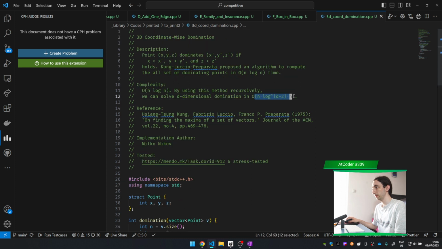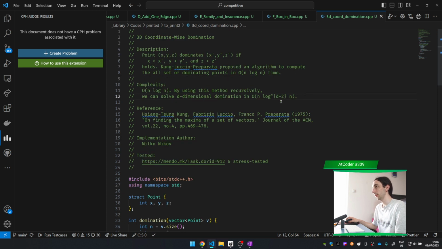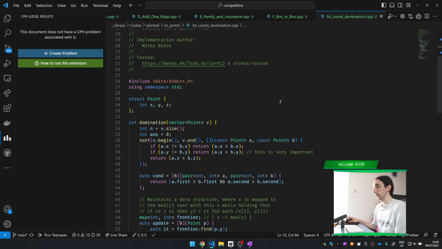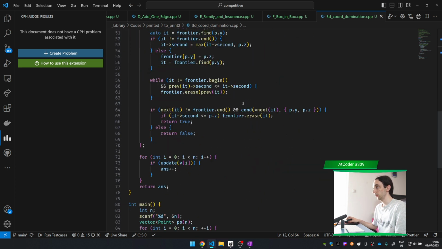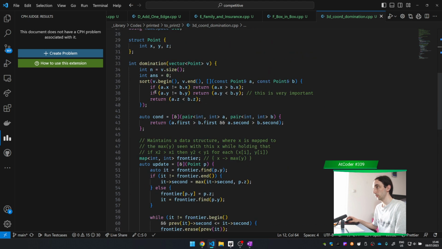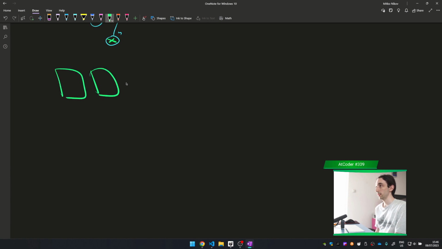I'm very curious about this divide and conquer algorithm. I once looked it up and I didn't quite understand, but I would probably look it up again and try to understand it. What it does is first sort the points by x coordinate, and then for every next point, if we can imagine all of these points,